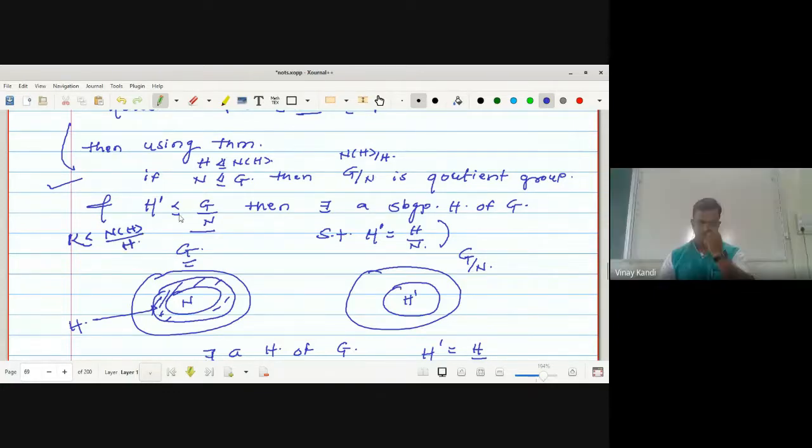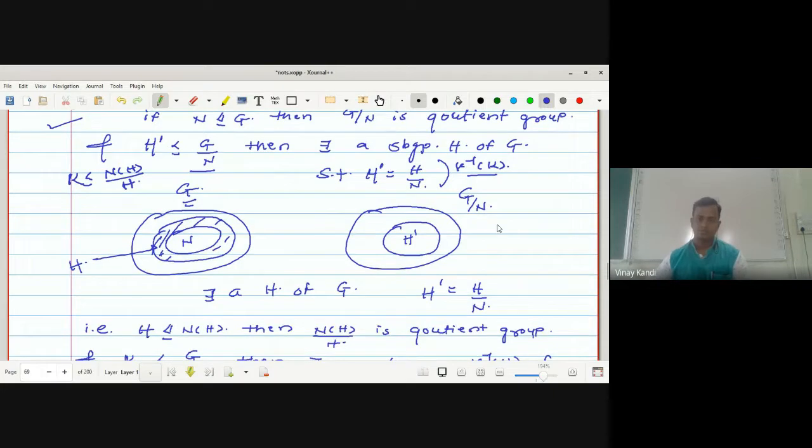Yes, sir. G is your N of H, N is your H. So there exists a subgroup H, which is what? Sigma inverse of K, such that this K coincides with sigma